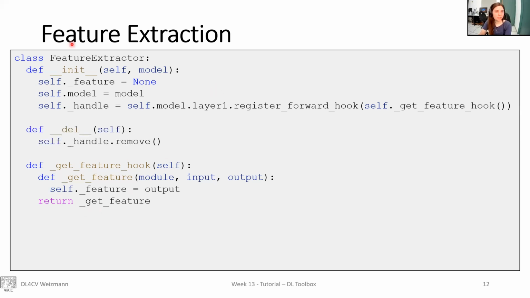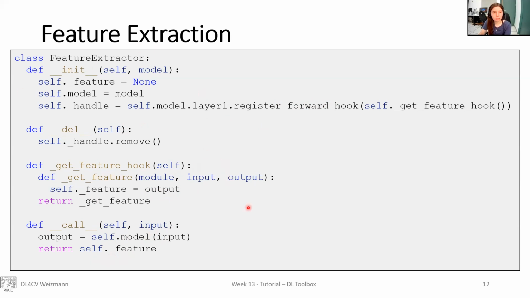Okay, and of course, when we delete our feature extractor, we want the model that we received as input to be free of hooks. So we simply remove the hook using the handle that we had from the registration point. And if we want to call the feature extractor itself, then we receive some input, we pass it through the model, then the registered hook is called. It places the relevant feature within self.feature, and then we can simply return this member, and everything is self-contained